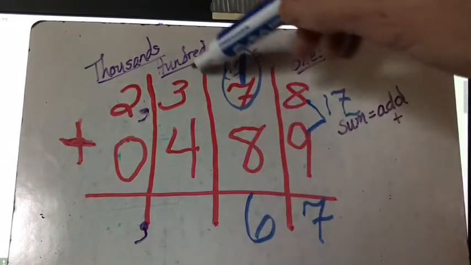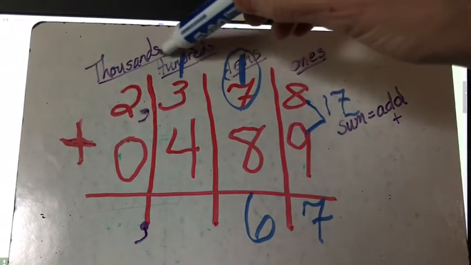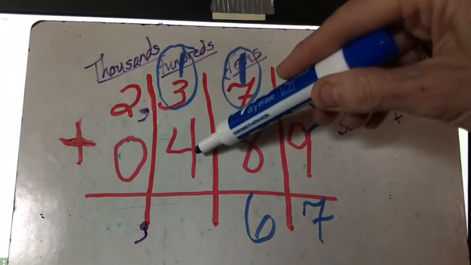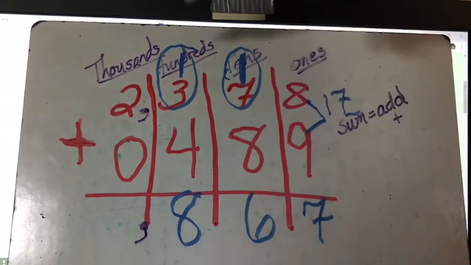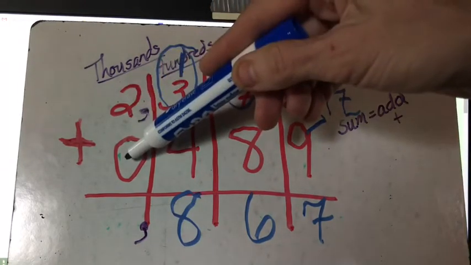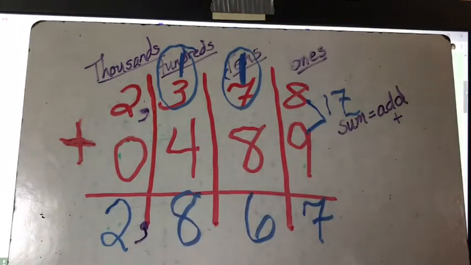Put my 6 down and carry my 1. 3 and 1 is 4, and if I know my doubles, 4 plus 4 is 8. And then 2 plus 0 is still 2 in the thousands place. So our final answer to the sum is